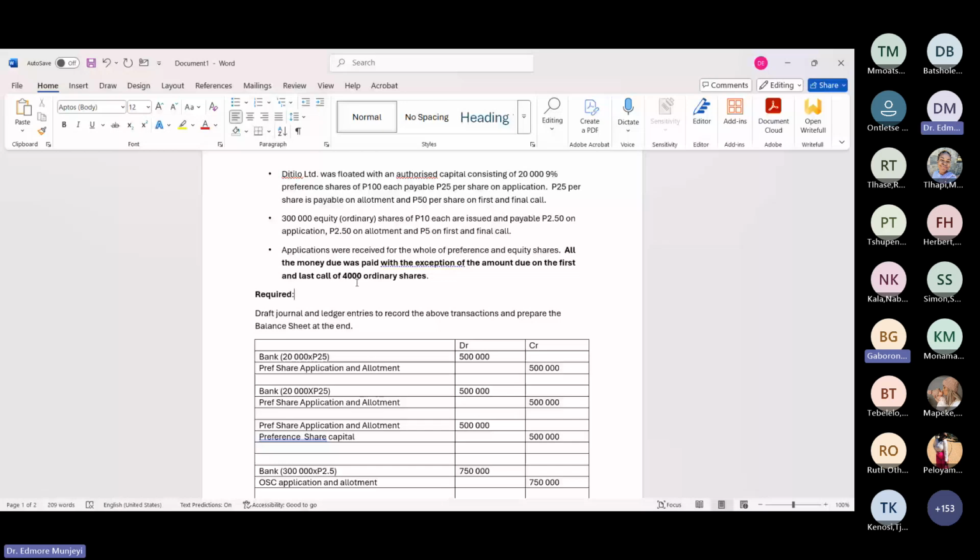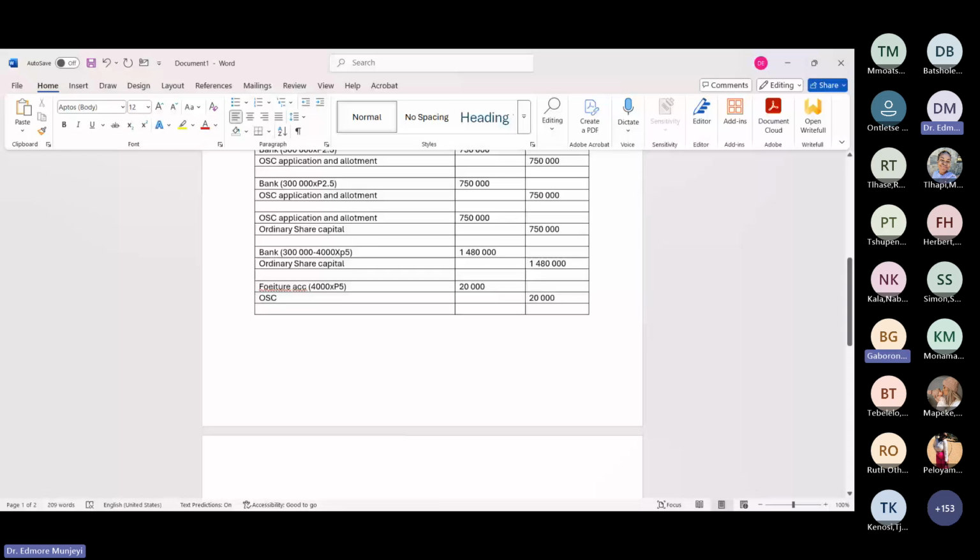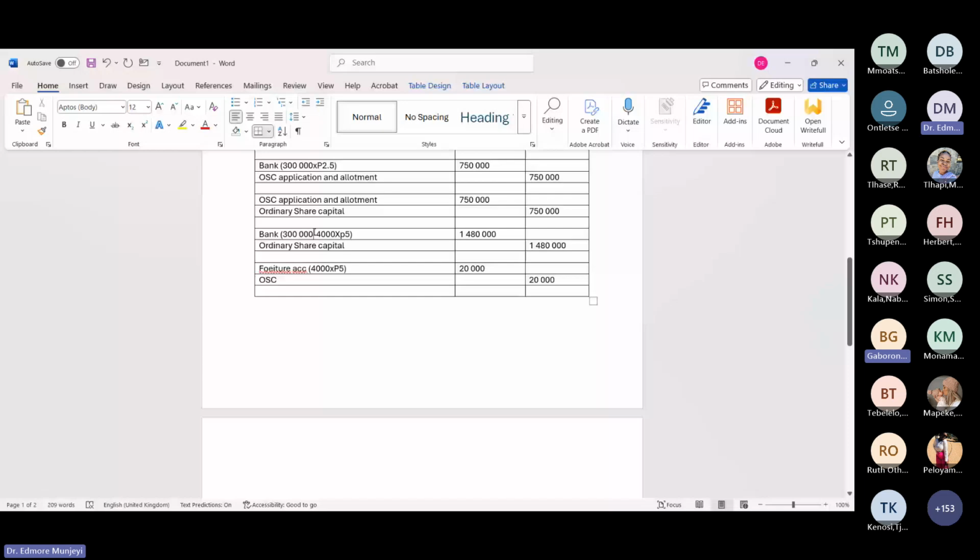Are you sure? If there are 10, then 5 they didn't pay, then you receive from where? From how many? From 5. So exactly this is what happens here. We are saying we're expecting to receive money of the 3,000 shares, but the 4,000 they didn't pay you. So we are going to say 300,000 minus 4,000, then the remainder, which is 296, we multiply it by 5